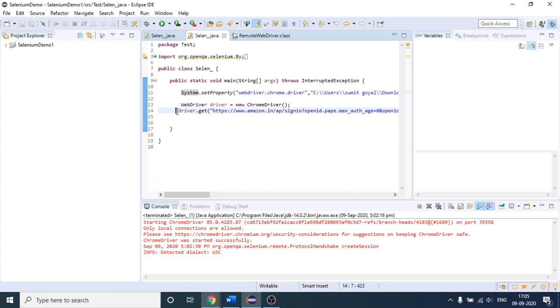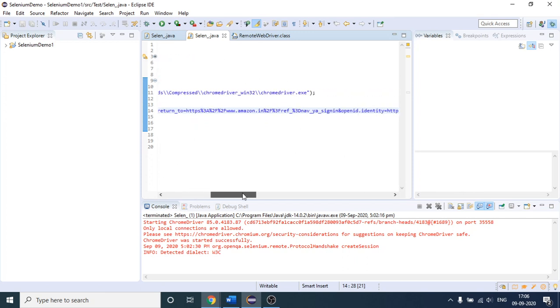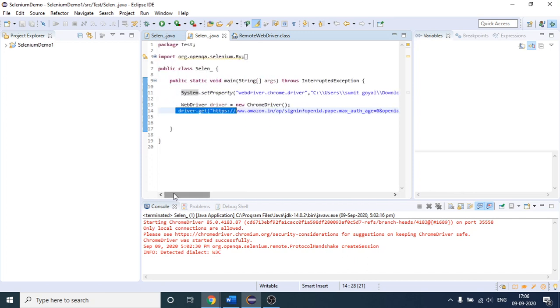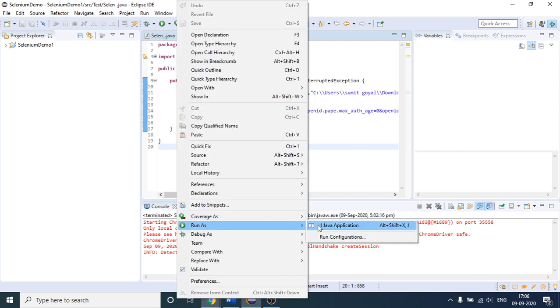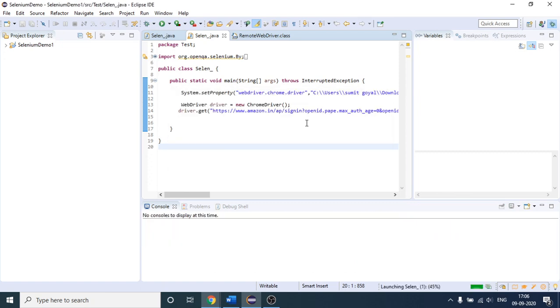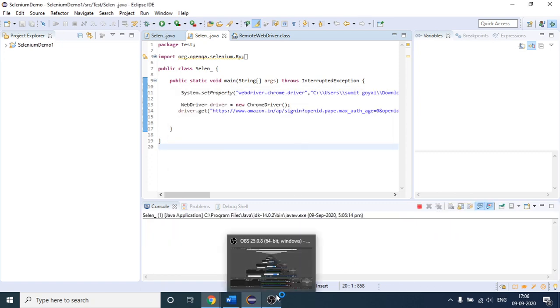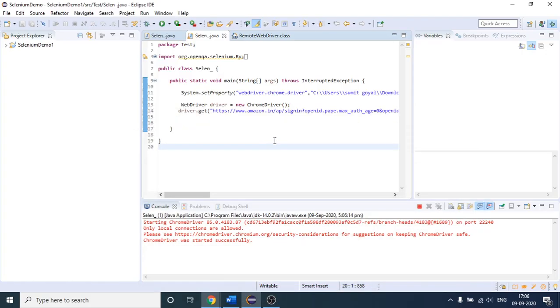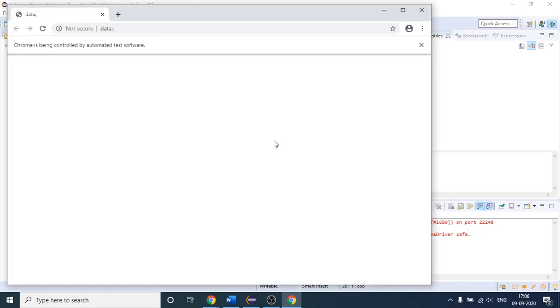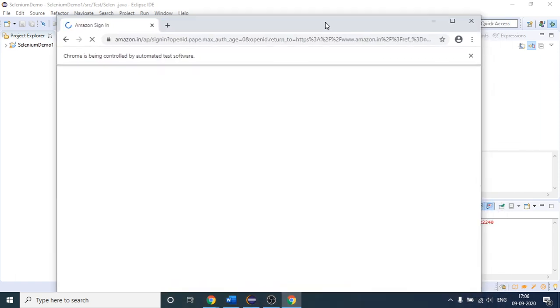And with the help of this I will open one website. This is one random website, like Amazon. So if I try to run this program, see what will happen. It has already started. You can see that the Chrome browser is open, and the Amazon website will start on this browser, which is fine. But you can see that this browser window is not maximized.